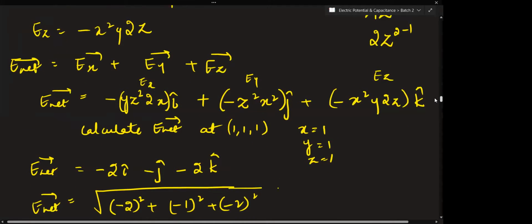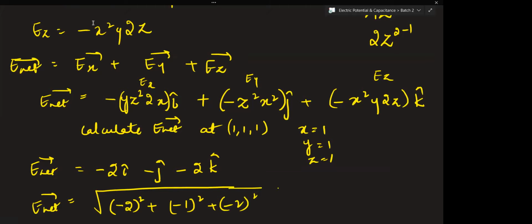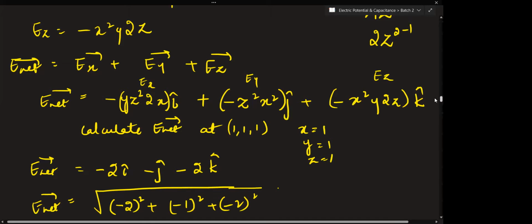Teacher, can you explain the last part? Like the root of minus 2 square, how did we get that? See, if you have any vector written in this form, we call it Cartesian form. Vectors can be written in polar form as well as in Cartesian form. So if you have vectors written in Cartesian form and you are required to calculate the magnitude, then the general formula says